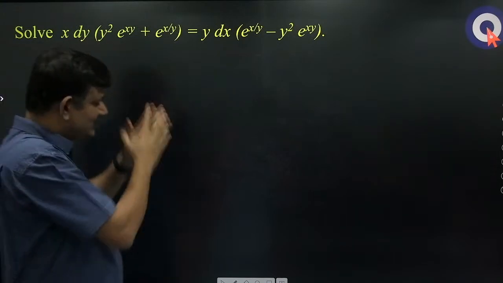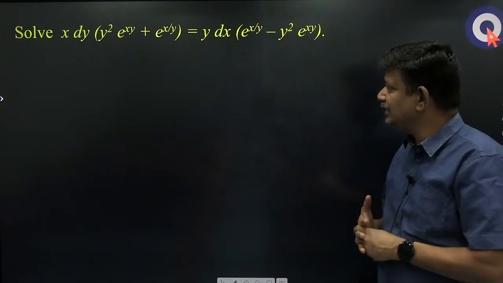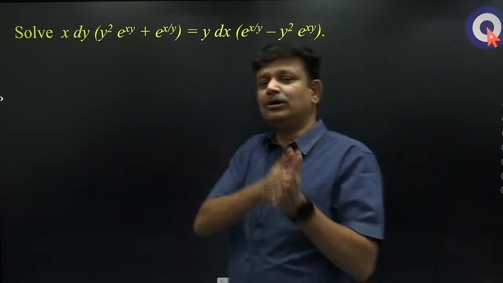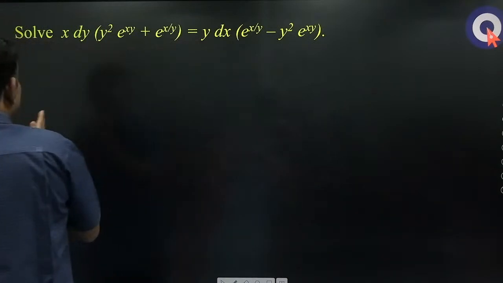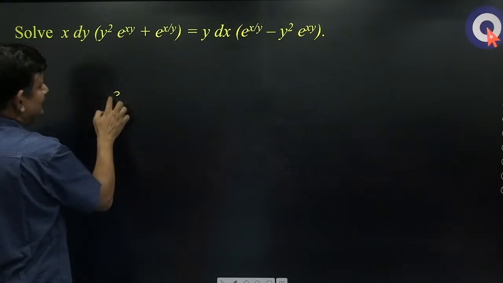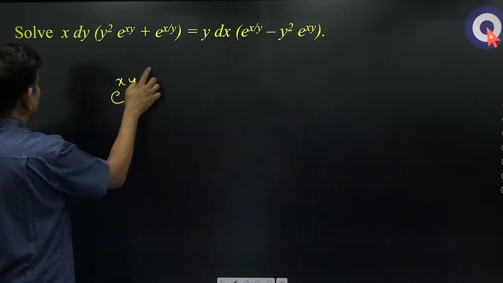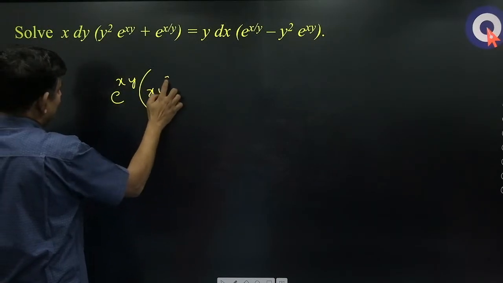यहाँ पे e power xy है, e power x by y है. There is e power xy and there is also e power x by y. So automatically you should be able to search for x by y derivative and xy derivative in the question. ठीक है, so e power xy into what is there? xy square dy